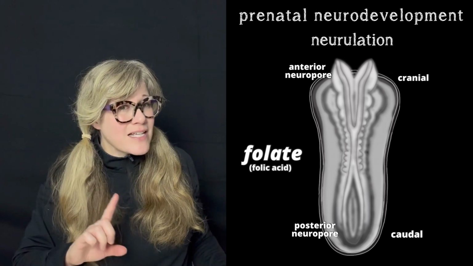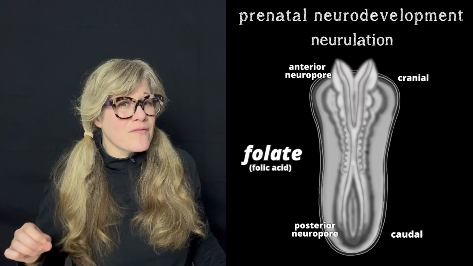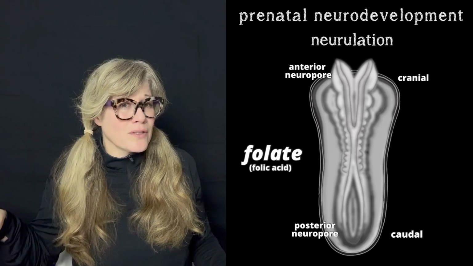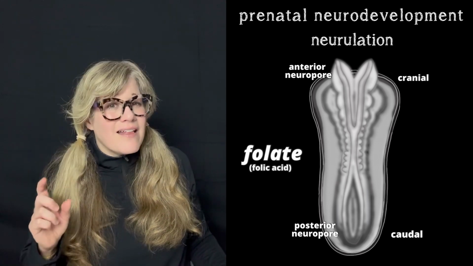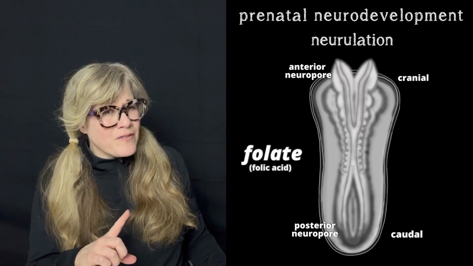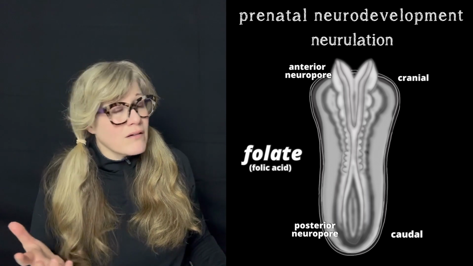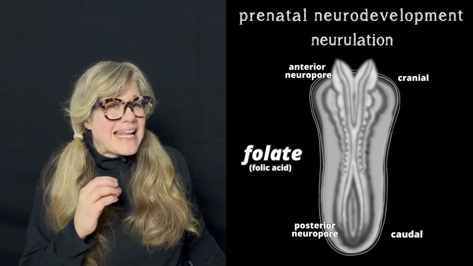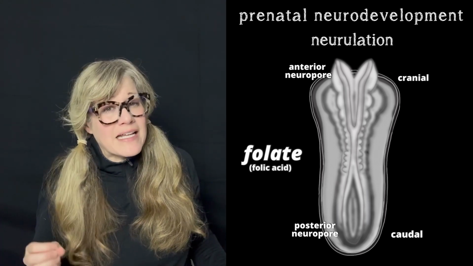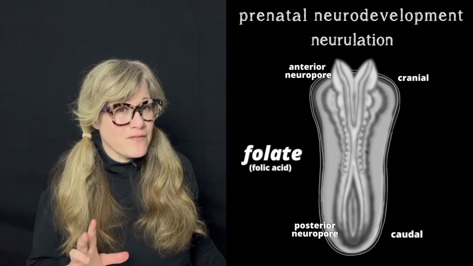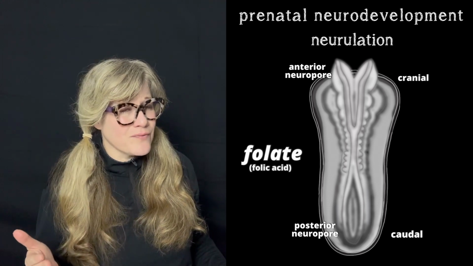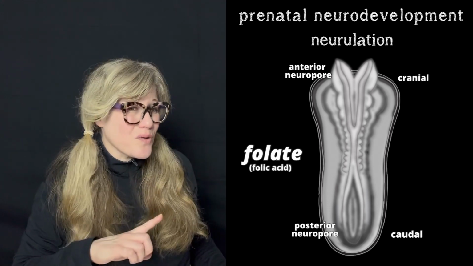Spina bifida is a neural tube defect that results from the failure of posterior neuropore closure. It's characterized by spinal malformation. There are a number of types of spina bifida. Most or all are compatible with life, but can have varying levels of symptom severity and treatment. Now, there are a number of different types of neural tube defects. Not all are the result of folate deficiency, but also noteworthy,